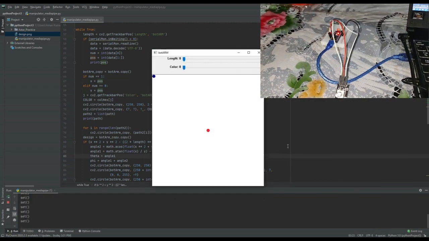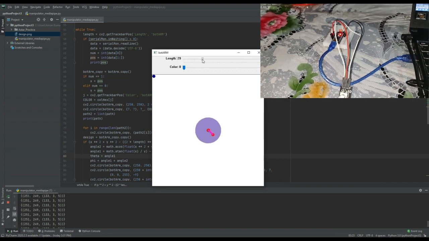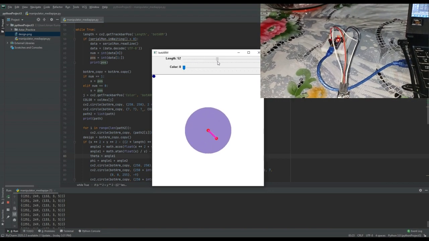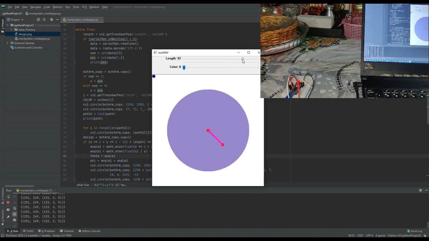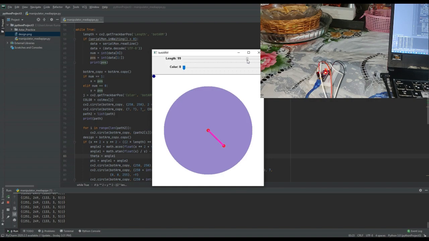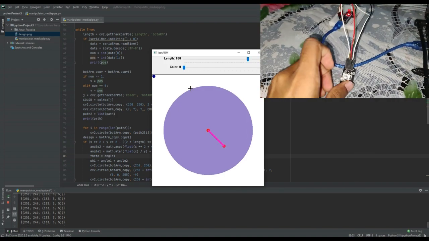Yeah, here we go. And so we can see a window. Let me change the value of length. This length is actually the length of the link which we have taken. So I'll take 100 because that's what we have taken during our Tinkercad simulation. And now let me rotate this encoder.